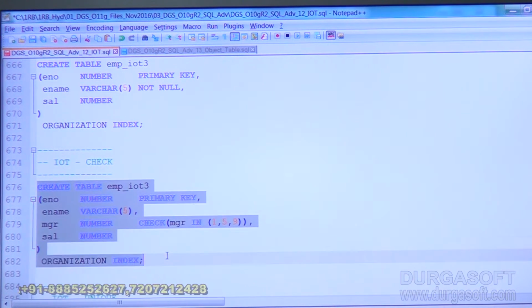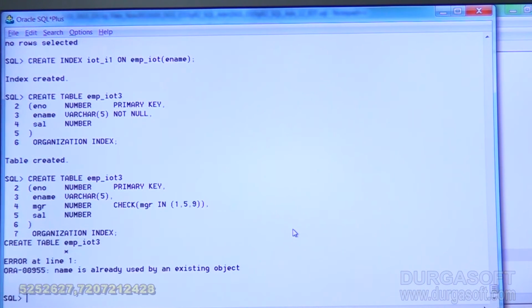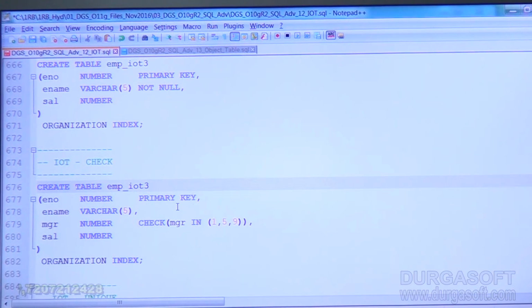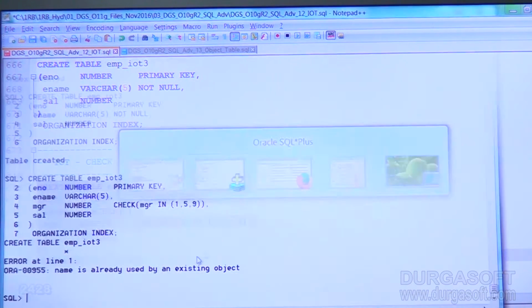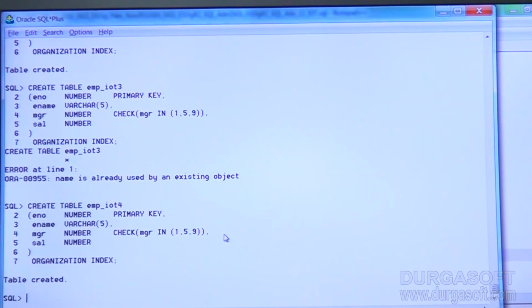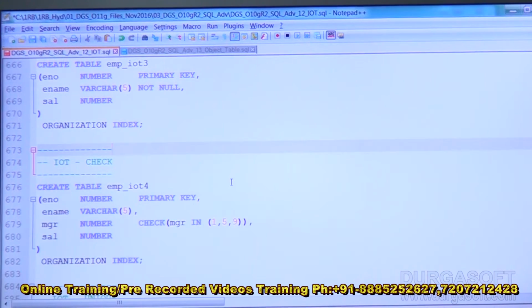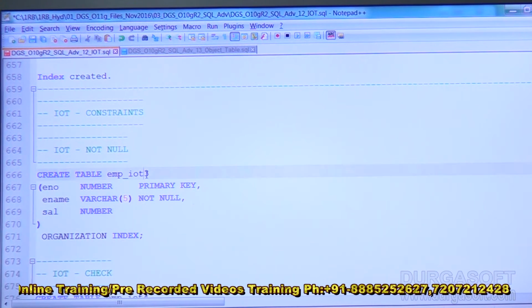We are using check constraint with IoT. Name we should change. This is 4. Yes, table created. Or let us give the names like not null,